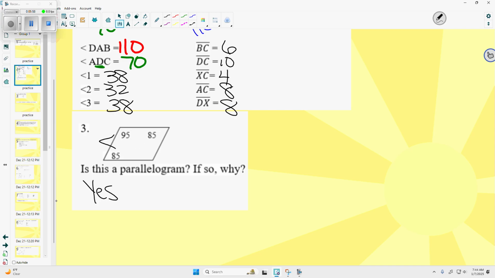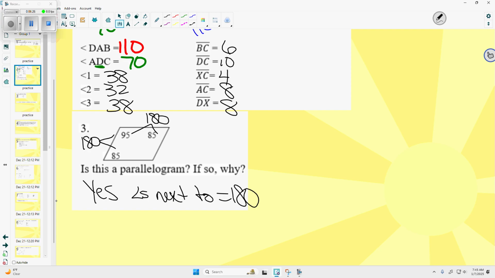What do you know about these two? Absolutely. And these two? So we can say angles next to each other equal 180. Now, if you wrote that they were opposite angles congruent, you need to show why that last angle